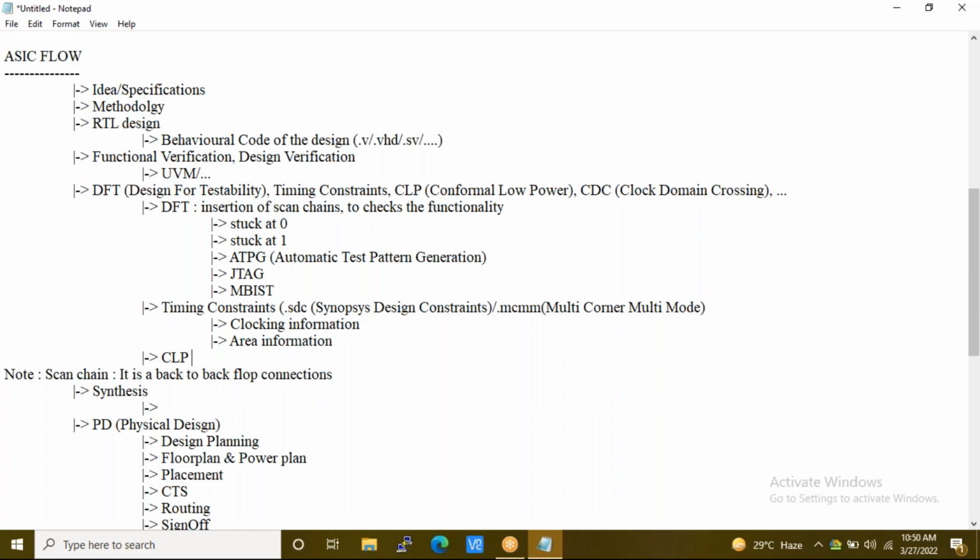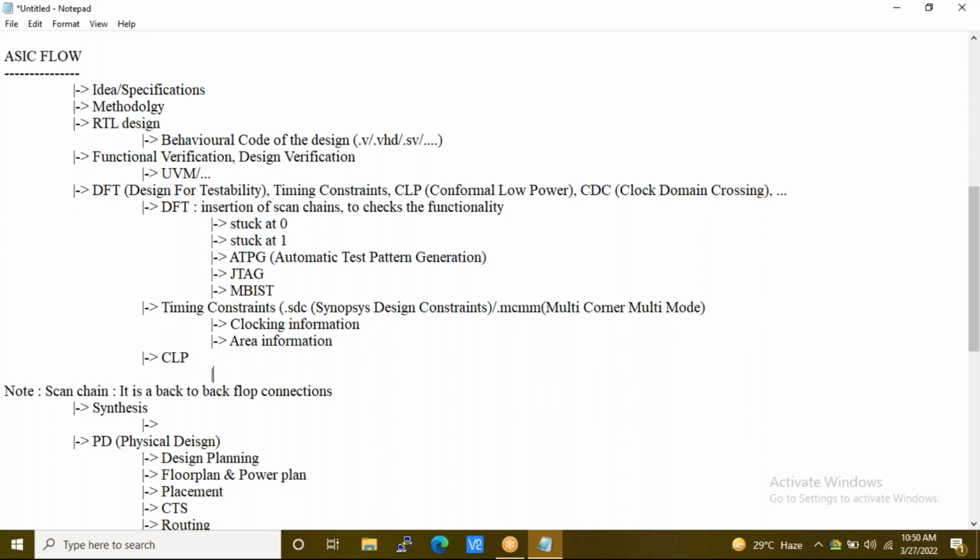What this team will provide you is multi-voltage or power consumption reduction techniques. We can also term it CLP or VCLP team. They will try to do multi-voltage or power consumption related techniques, like voltage regulation.